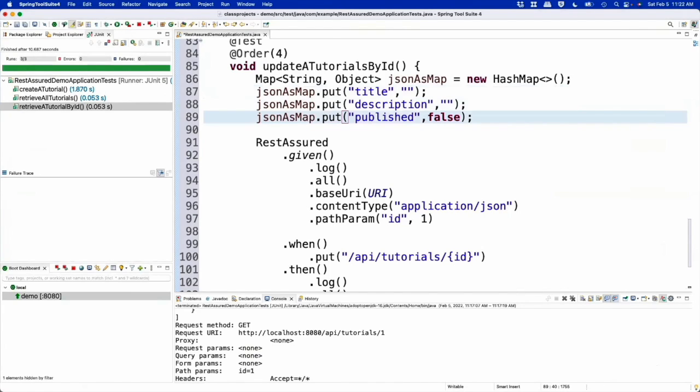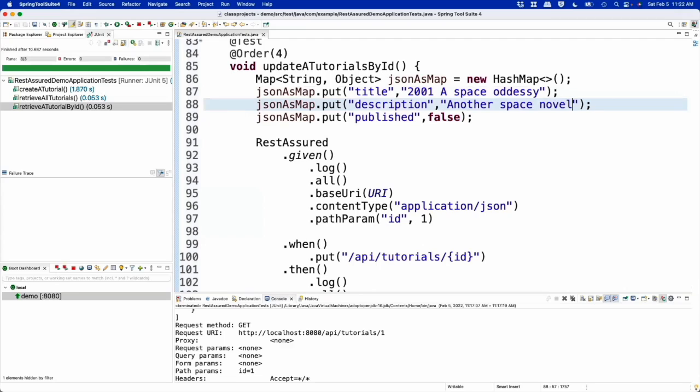Since we know calculus is already published, we will change it to something else that's not published. So here I'm going to set our book title to 2001, a Space Odyssey, and again, another space novel, and save. All right. So instead of doing the new tutorial, I'm actually defining our JSON mapper now to mimic